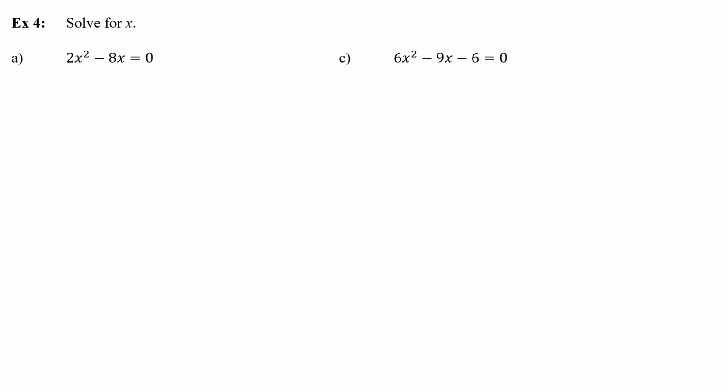Alright, moving on to example 4, solve for x. Now we can use the same steps as the previous example. These are just slightly different. So looking at A, 2x squared minus 8x is equal to 0. That actually is in standard form. The only thing is that we have ax squared plus bx, but there is no plus c. However, it's still in standard form. It's just missing something. So rather we move on to the step that says factor out the greatest common factor